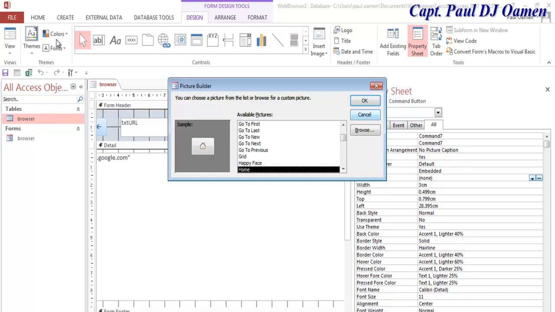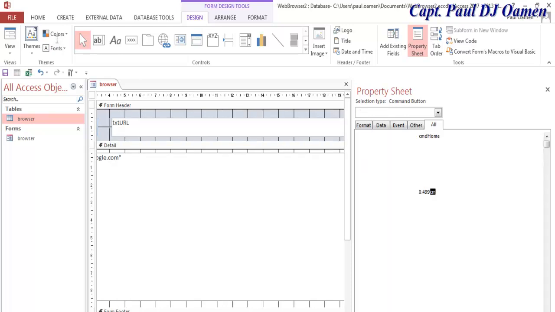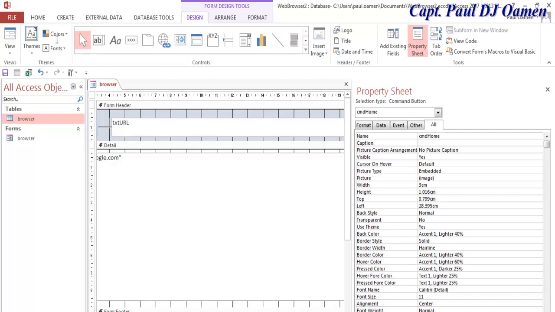Just press home, and right there we have the home. But one other thing is, I need to know the size. Let's copy that very size. I'm going to use that size for the home. I believe the home does not have a name, so let's give it a name, CMD home, and get rid of the caption in there. There we go. And the next thing we want to do is change the height and the width to